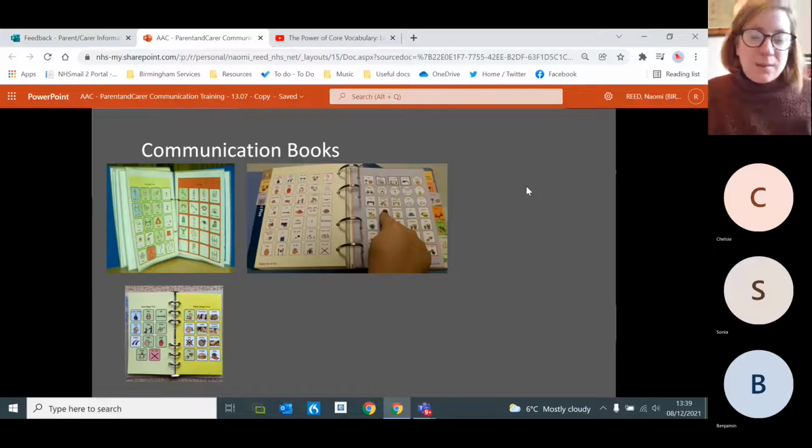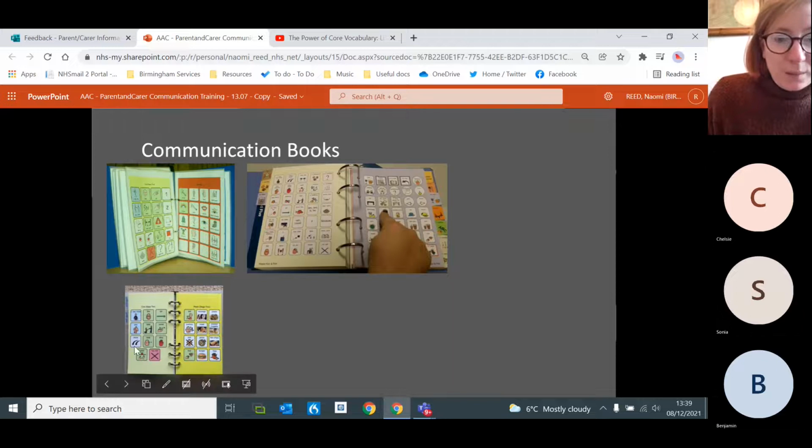Okay, so here you can see different levels of complexity when it comes to communication books. And apologies, I should have made these pictures bigger so they're a bit more clear. I think this is a level 3 basic one. There are different stages of communication, but your speech and language therapist will take care of which stage your child needs. But just so you can see, there are lots of different layers. So the one at the bottom here is a bit more simple, and the one here is a bit more